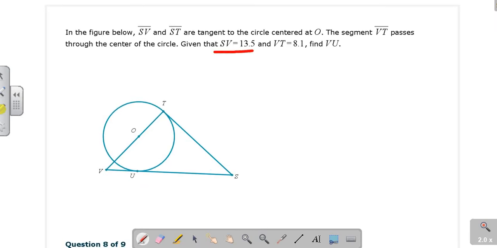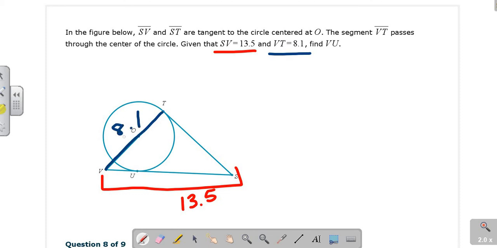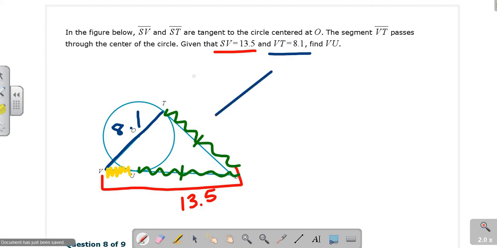We are given here that SV is 13.5. VT is 8.1. Find VU, which is that little squiggle. What we need to find first, though, are the two greens, which are congruent. And we have that 8.1, unknown, tangent to a radius, right angle at the edge,